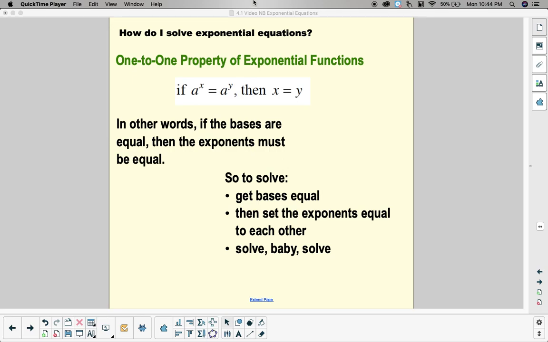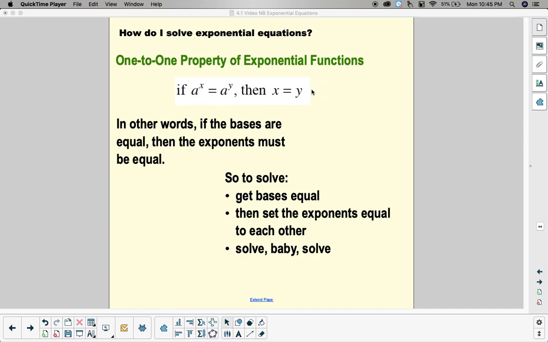So now we're going to be solving exponential equations algebraically or analytically. And this is where we really are going to exploit the one-to-one property of exponential functions. So remember, that's the property of monogamy. For each x, there's only one y, and for each y, there's only one x. So if the bases are the same on the left-hand side and the right-hand side, then those exponents have